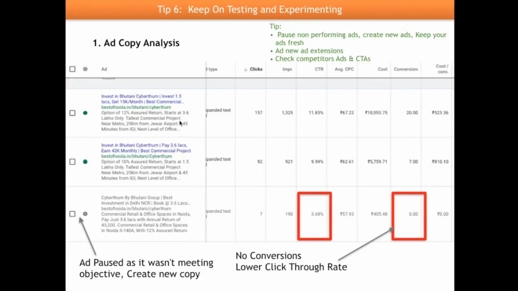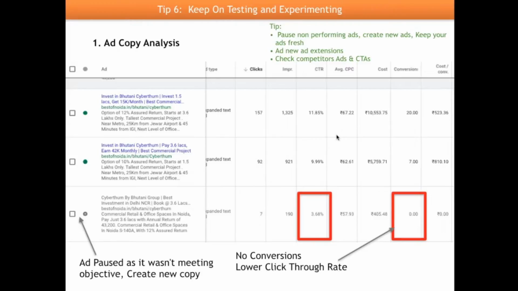So constantly analyzing your ads and ensuring 3 ads per ad group is what you have to do. All right, so keep on doing it. Keep on checking, but don't check it daily. As I already told you, you need to give it some time. Maybe do it weekly, that's the time I prefer, to see if there are any major differences or drops coming into my ad. Or you can go through it fortnightly or monthly, the way you want, and whether it's a short campaign or a constantly running campaign.